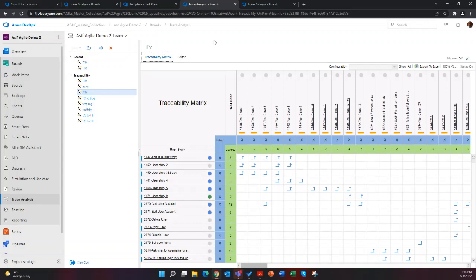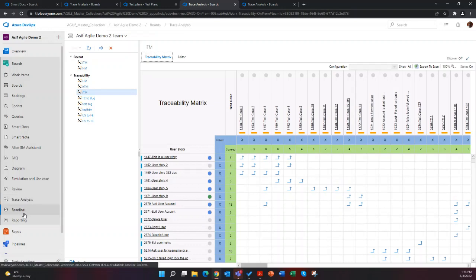And at any time you can bring up the trace matrix and process it. So that's about trace matrices.